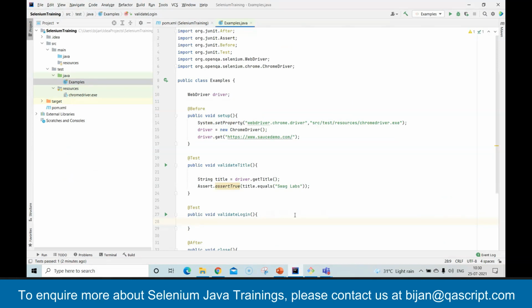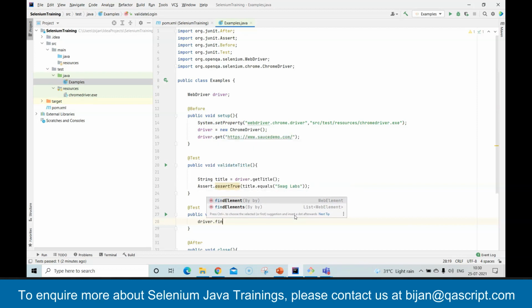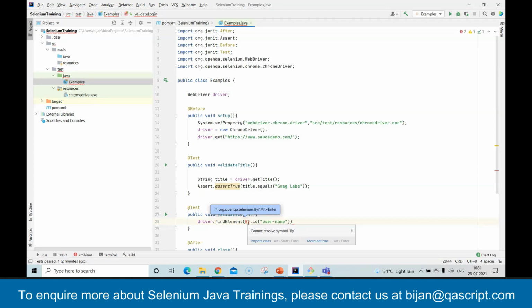So what we'll do here is we'll use driver.findElement By.id, and we'll paste the ID here. As you can see, it is asking you to import the By class package, right? So import that. So once you are able to identify this element using the By.id locator, then you need to